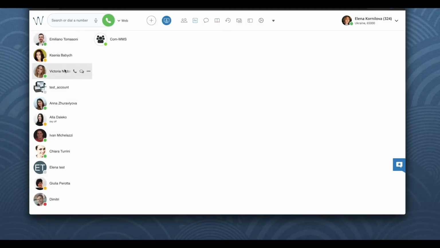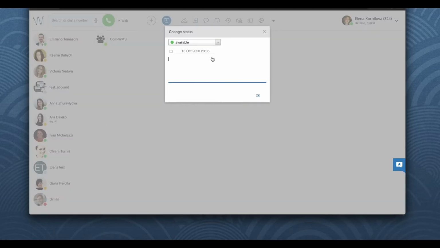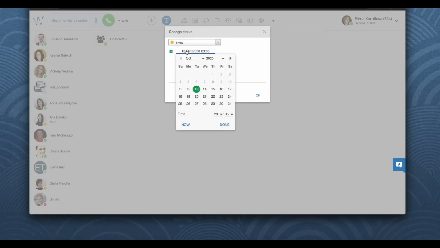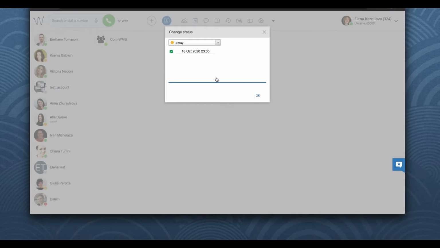Let's select this user in the Colleagues or in the Function Keys menu in Collaboration. Click on the three dots next to this user, go down and click on Set Presence. Not only can you change the status of another user into Do Not Disturb or Away, but you can also set the status message and the date and time when the status should go back to Available.